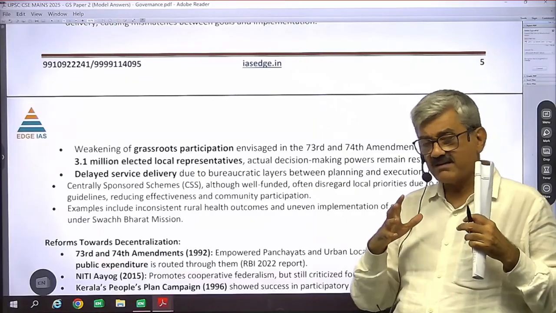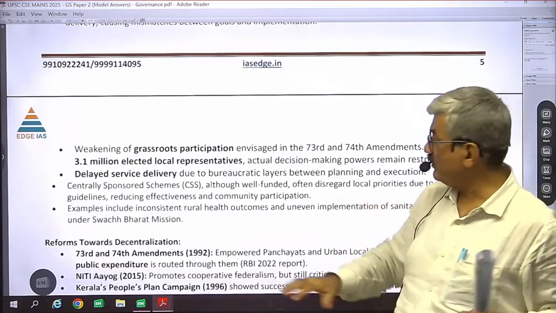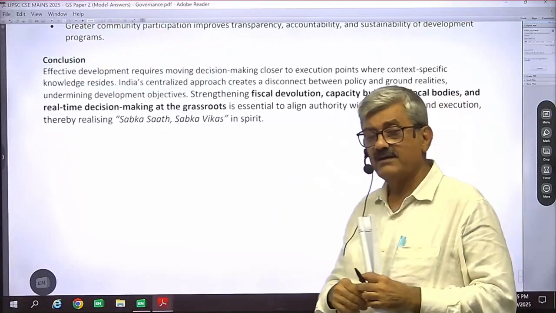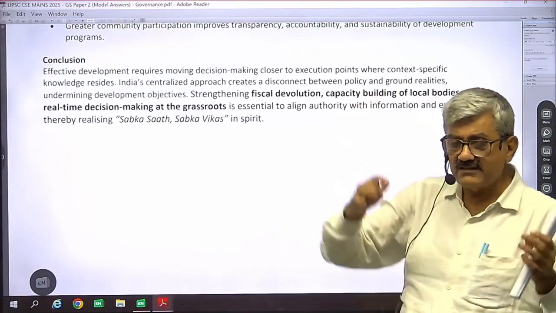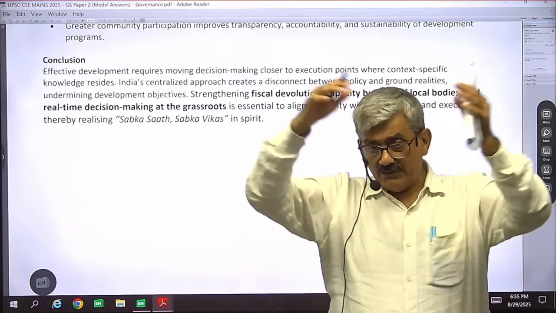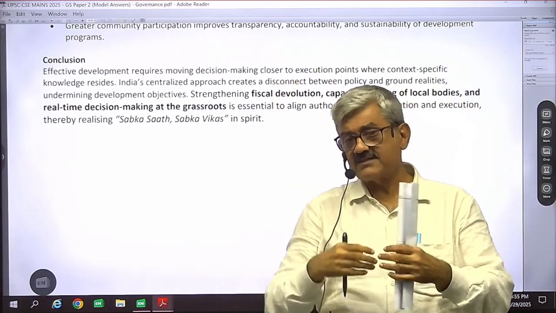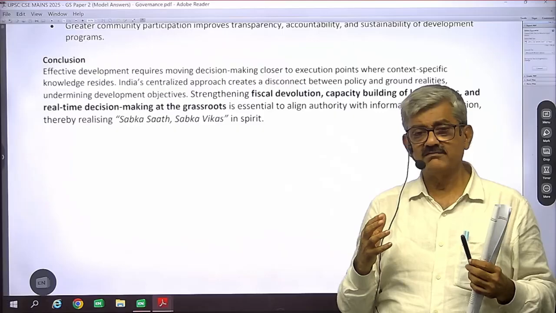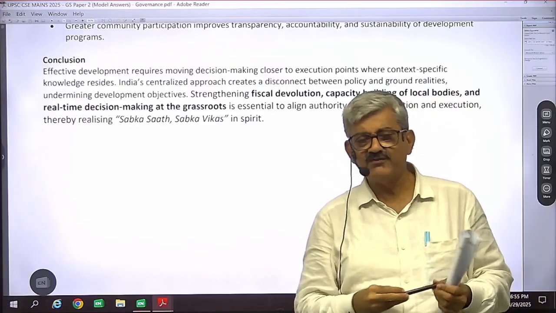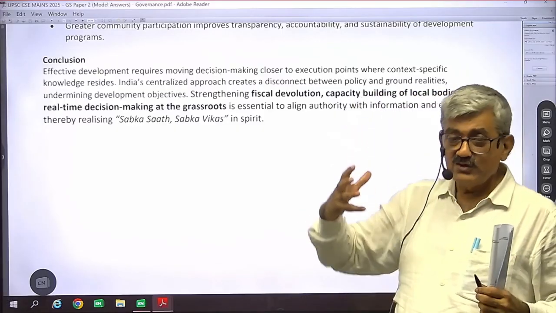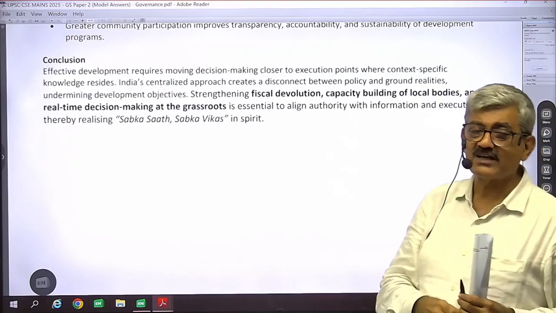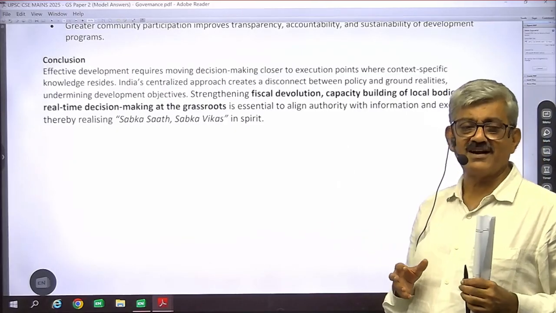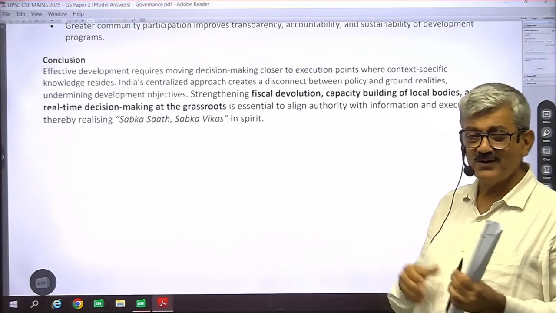If we make certain structural reforms, why would our development strategy not yield results? This is the kind of information, content and sequence through which we need to answer this question. If we do it, and if we have done it, and we use it as a model for the future, it is going to give us a satisfactory answer, hoping to get good marks.